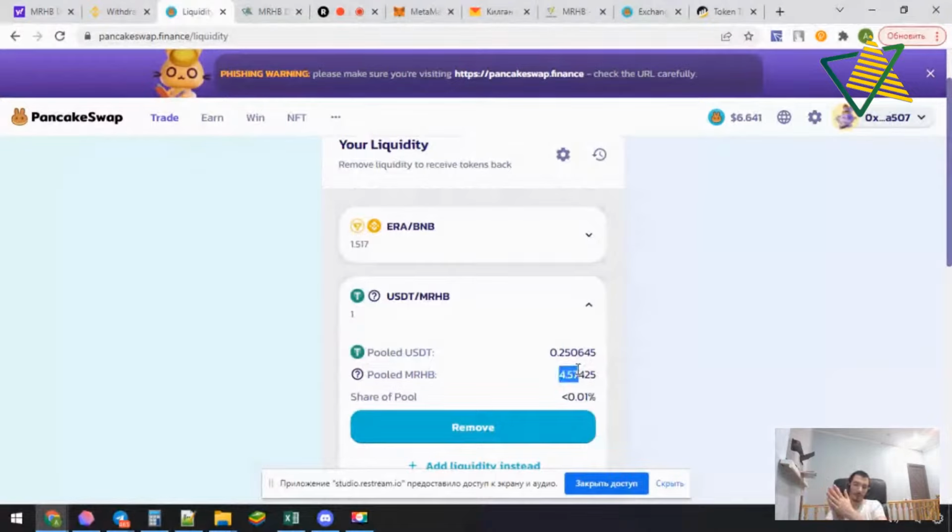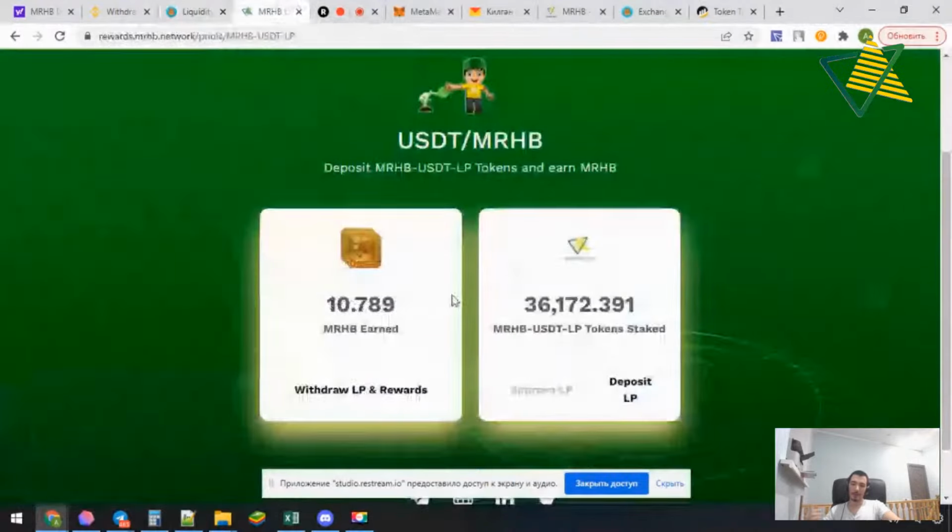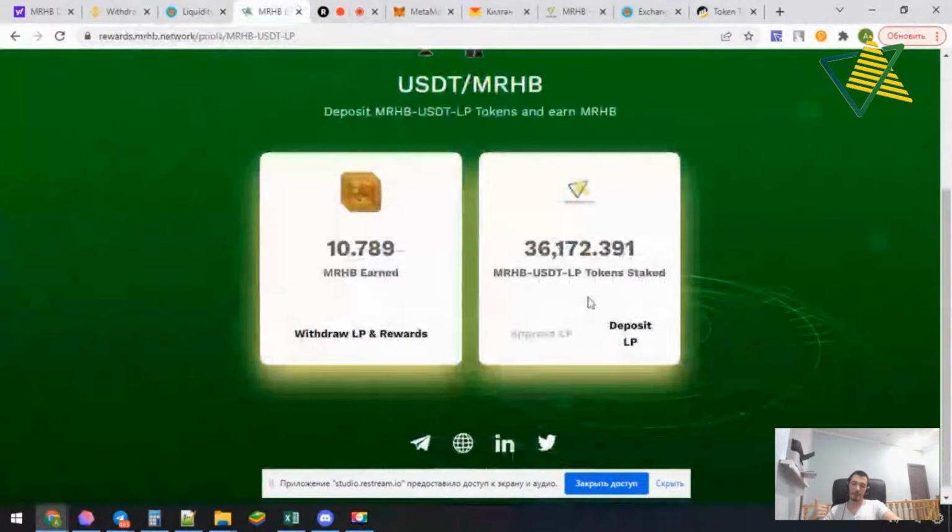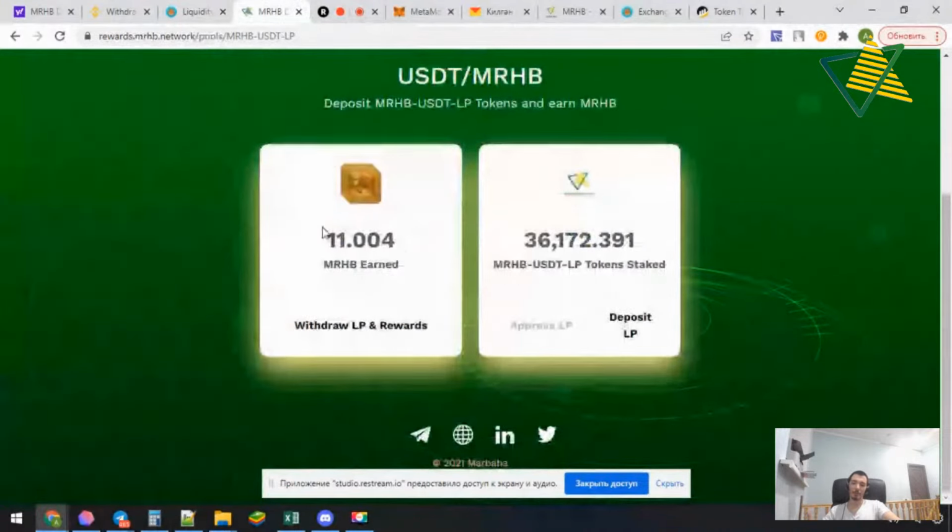Strategic Round sold some of their MRHB tokens, but it's not a problem because my impermanent loss is covered by this program. And what else? When I earn some amount of MRHB tokens, I can reinvest them. I can add the liquidity again and increase my LP tokens.